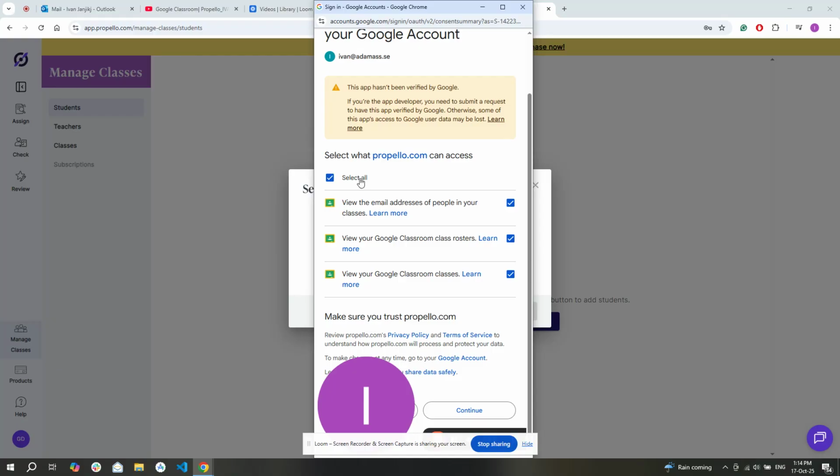So I will allow all of this, and it's important to know that Propello is only reading this data and it's not storing or sharing anything of this data. It's just using the data in order to be able to provide our content to the Google Classrooms that are already created in Google Classroom. So it's basically the same functionality. So I'll just click continue,